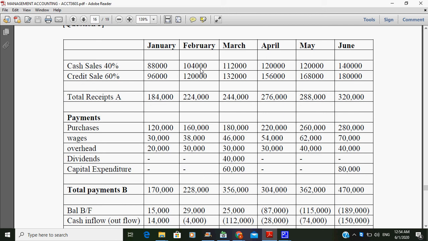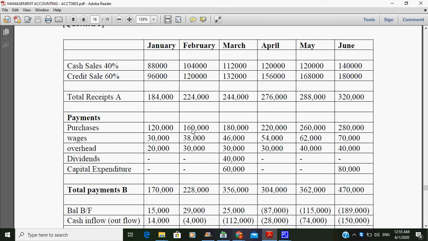Then the credit sale now would have been 60% of the figure in what? January, right? My apologies. Let me just take something back here. So 60% credit sales are paid 2 months after. So it would have been 60% of the figure in December, I should say. So for February, it will be 60% of 200,000. So it will be 0.60 times 200,000. That gives you 120,000. I add up everything right here. Good. I get 224,000.